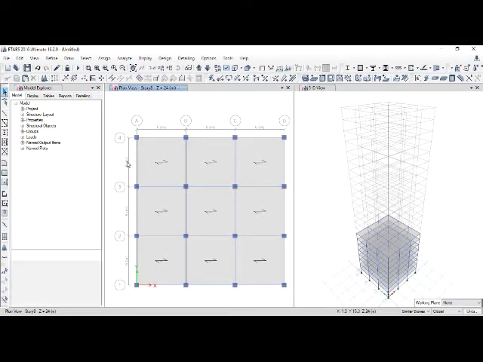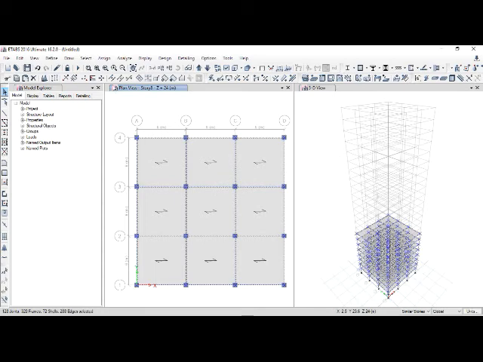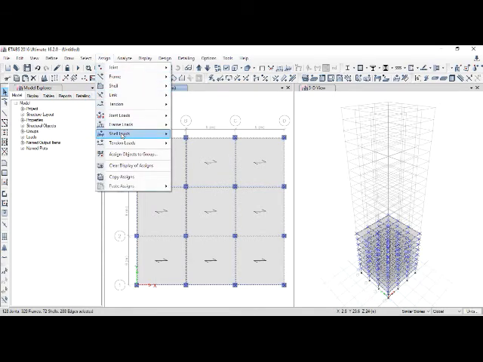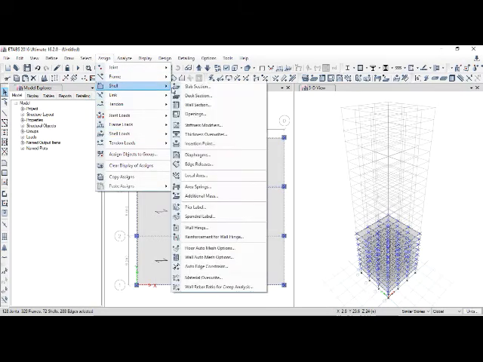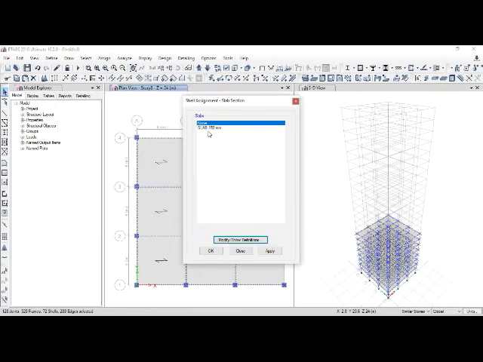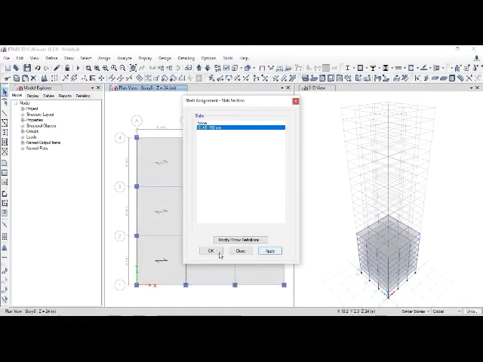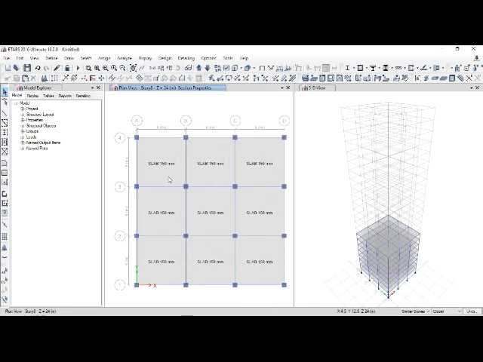I'll select all the slabs, and I'll go to assign shell slab section, and I'll select slab 150 mm. Now we have changed the property of the slab to slab 150.